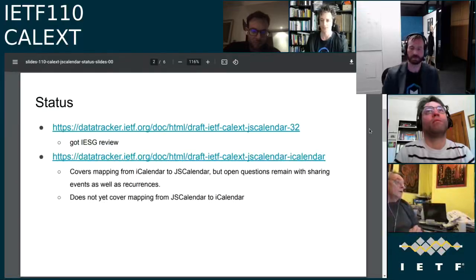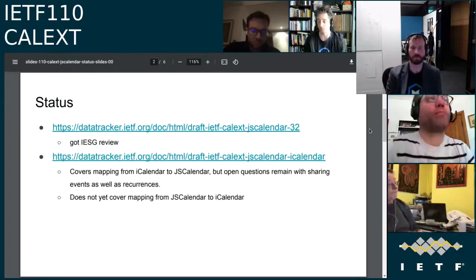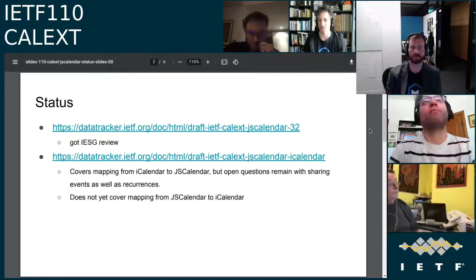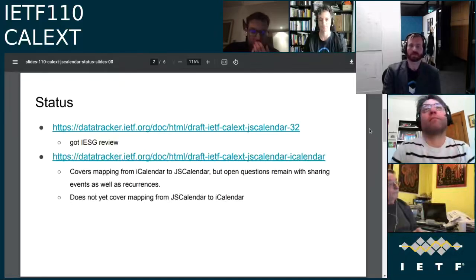We reached consensus on almost all points already, but there are two points that are still open, and we want to squash them as fast as possible. For the other direction, the JS Calendar to iCalendar mapping, this will take considerably longer, I guess at least half a year or so. We'll have to define new iCalendar properties, and this is going to be more work. But for now, the mapping from iCalendar is more important to us.